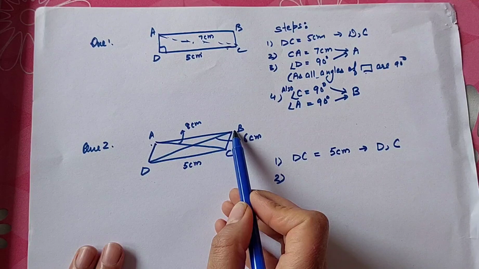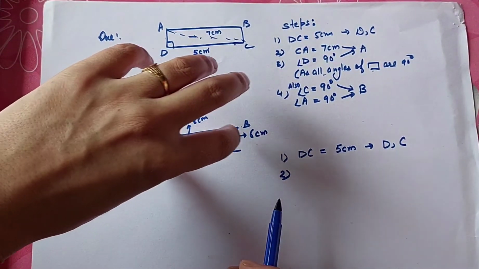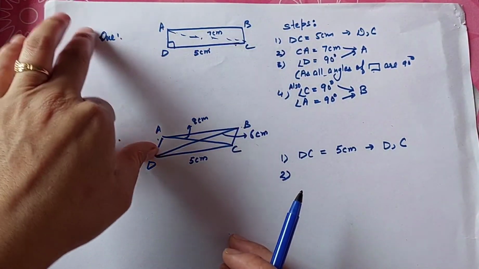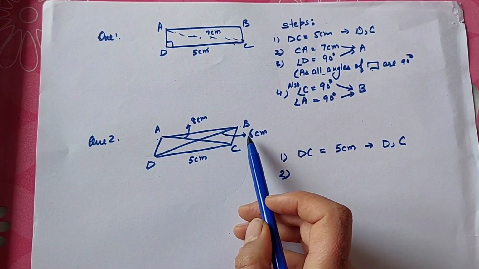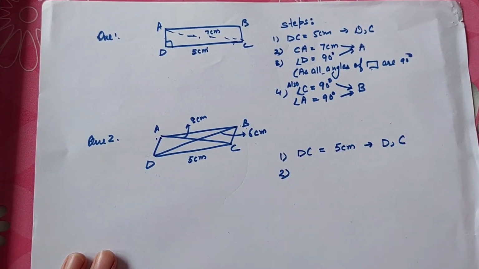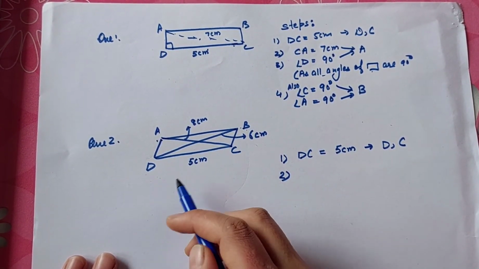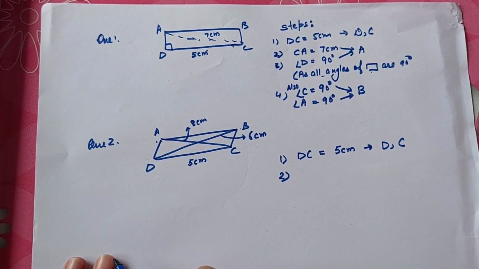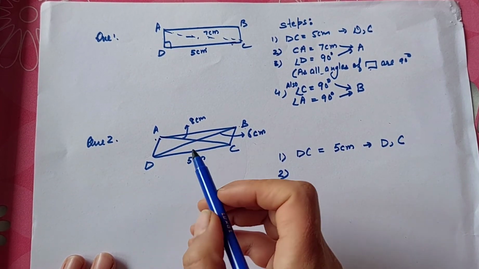B is 6 centimeter away from D, but there are many points which are 6 centimeter away. If we open our compass to 6 centimeter, we will get many points. In fact, all the points on the circle of radius 6 centimeter are eligible for B. But which one is B amongst them? We need one more measure to fix B, and we do not have that.